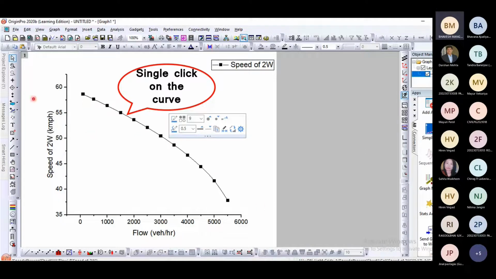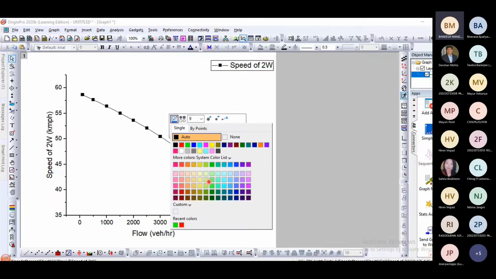You can change the properties of this line and of these points. So when you single click, this will be visible. Here one can change the color of this line or these points.